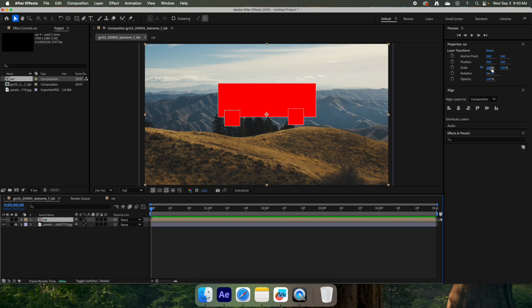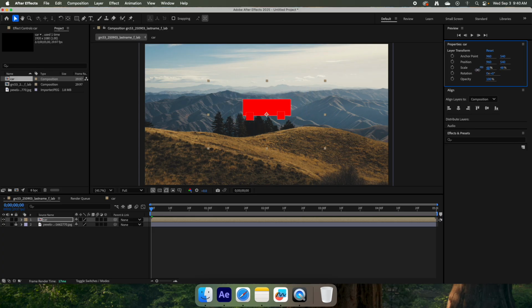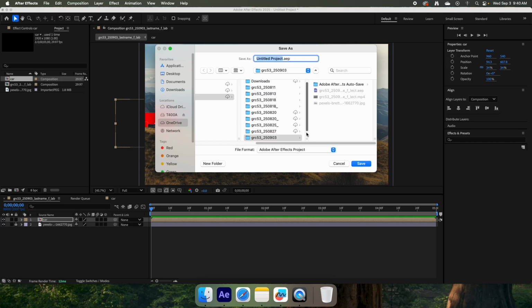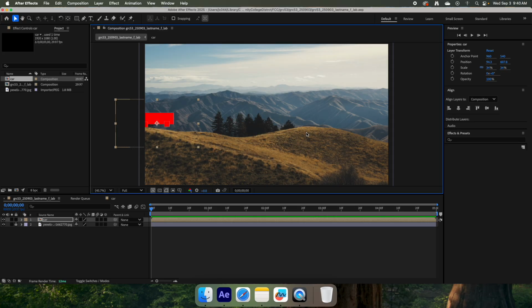Now my car is too big, so I'm going to scale it down. And I'm going to move it into position over here. And your job in the lab is to make the car drive along the hillside. That's it. Once you're done,